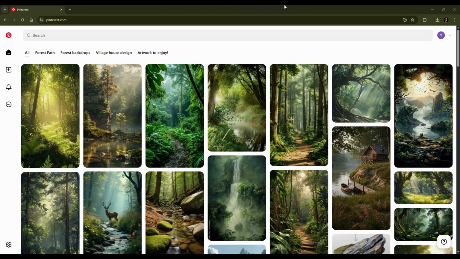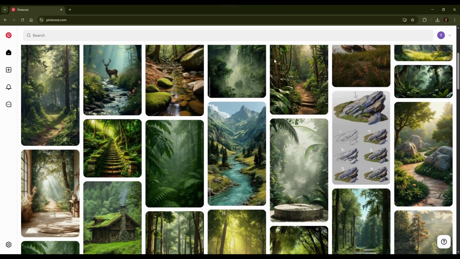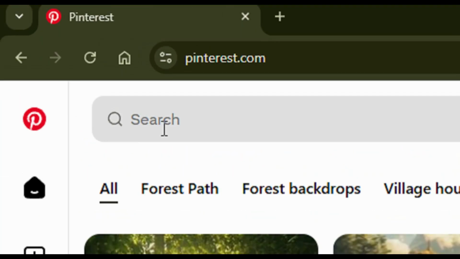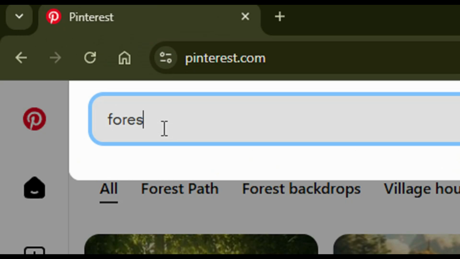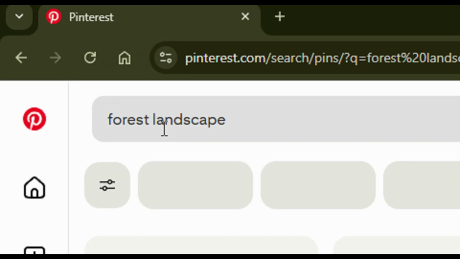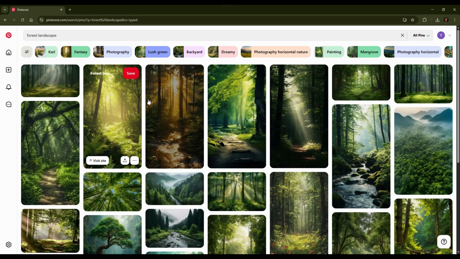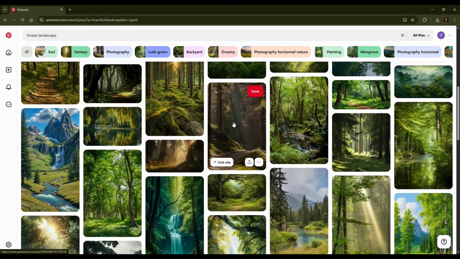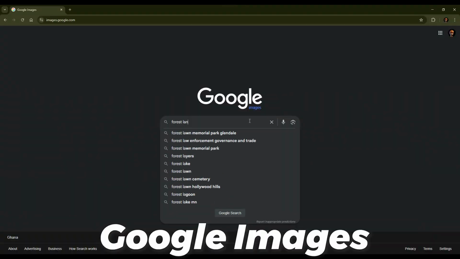Reference is always good to have around, as this guides you on how to structure your 3D scene and where to place essential key elements in your scene. Just simply search for whatever you intend to create. In this case, it will be a forest landscape, and the internet should give you some good images to work with. Some good sites where you can get good reference are Pinterest, Google Images,